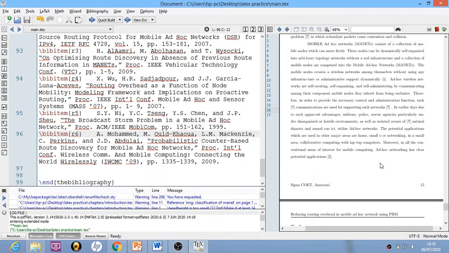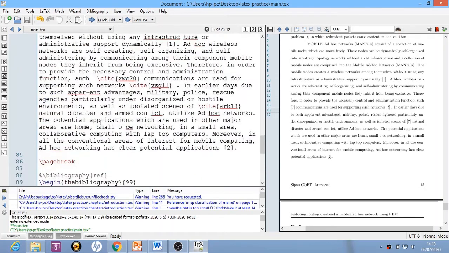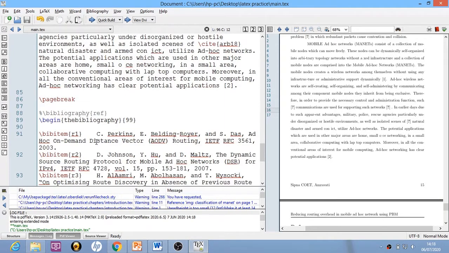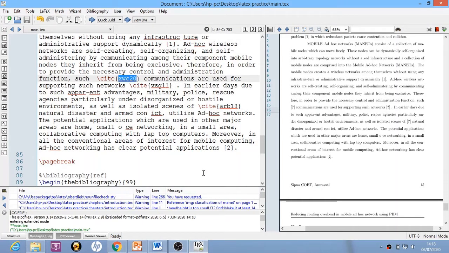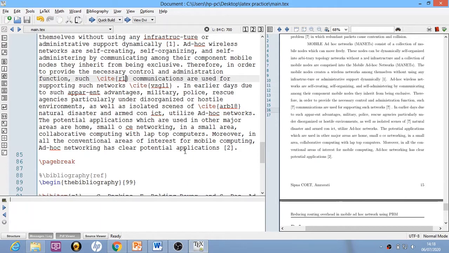Now suppose you want to refer to these references in your document. For that, suppose you want to refer to it over here, then you will write \cite{R1}. So it will cite reference number 1. Now let us quickly compile this.